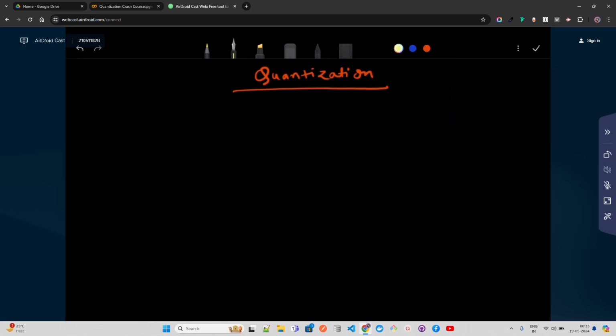So let me just write the important thing here. We quantize a model to decrease the model size. And once you decrease the model size, you are speeding up the computation. Okay, so I'm just going to write speed up computation.